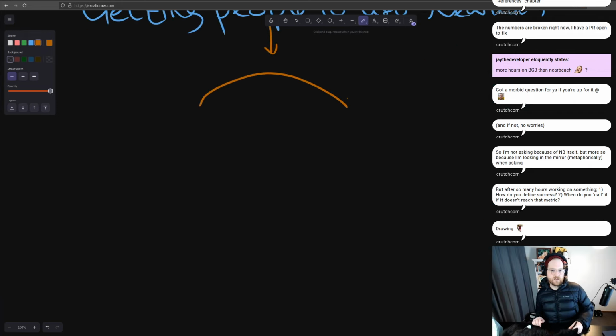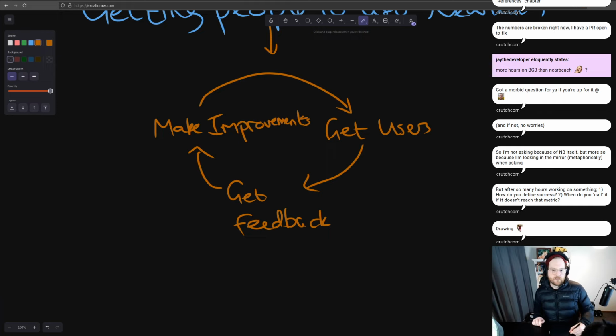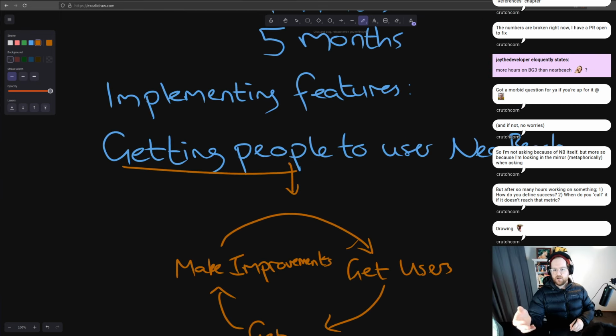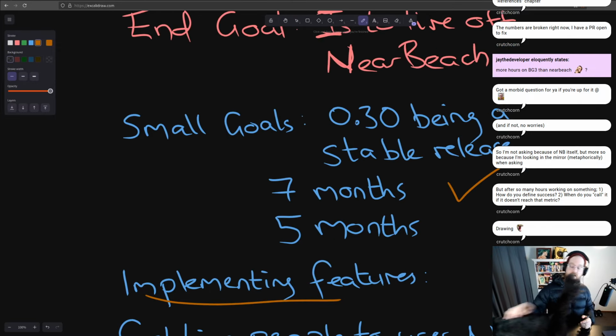So we've all seen this diagram: get users, get feedback, make improvements. Getting people to use NearBeach definitely feeds into this. So I define success as when I reach these goals. This one's definitely current. I would say this is a success and a great success